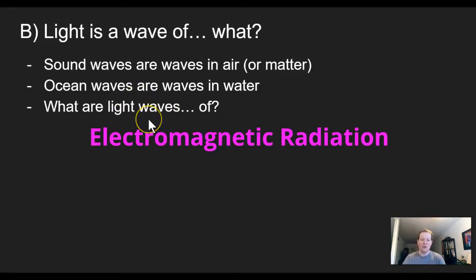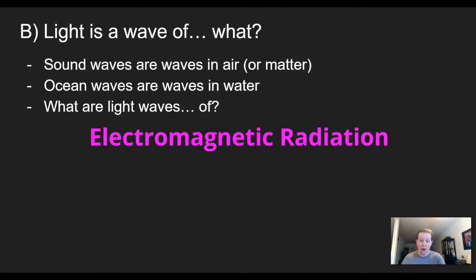The key, and our almost throwback Thursday, if you're watching this on a Thursday, is from this term. What are light waves? They are electromagnetic. Electro referring to electric, and magnetic, of course, referring to magnetic. So light is composed of some quality of electric, think electricity, and some quality of magnets. How are electricity and magnets related?